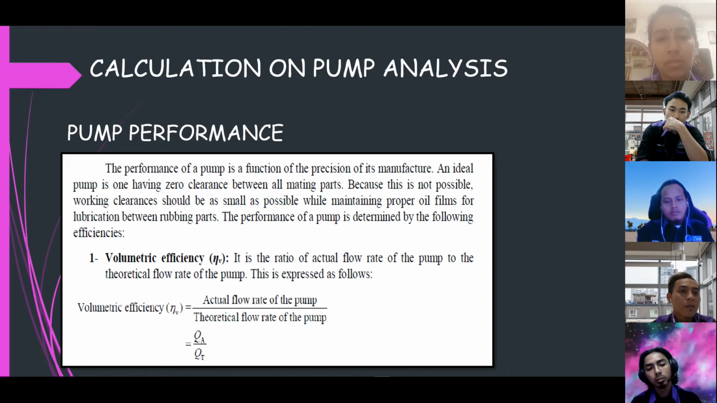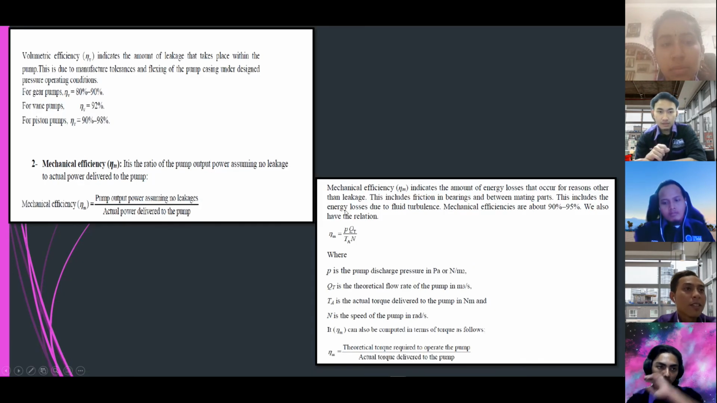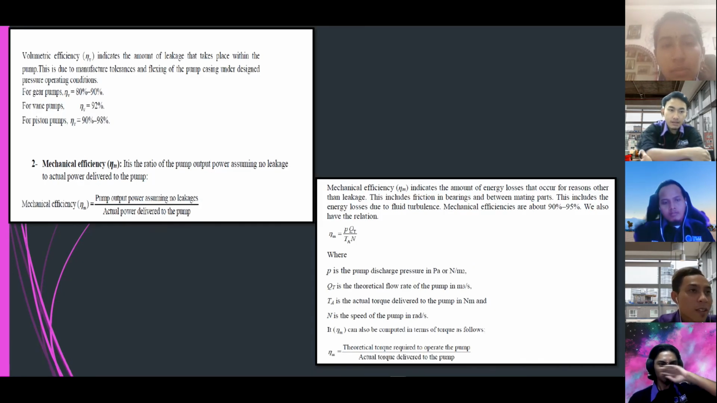The first one is volumetric efficiency. It is the ratio of actual flow rate of the pump to the theoretical flow rate of the pump. The formula for volumetric efficiency is actual flow rate of the pump over theoretical flow rate of the pump. The second one is